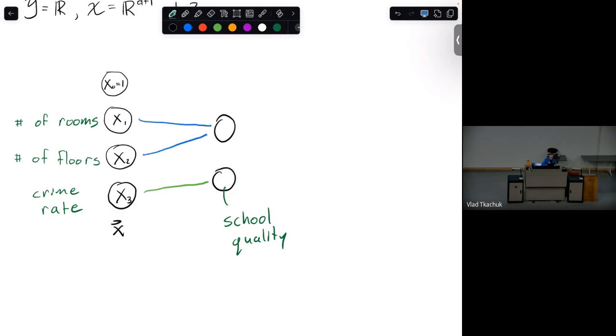And maybe this will give you information about something like the family size. Let me write this up here.